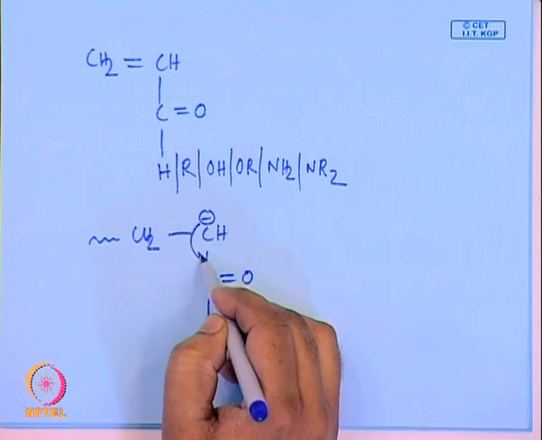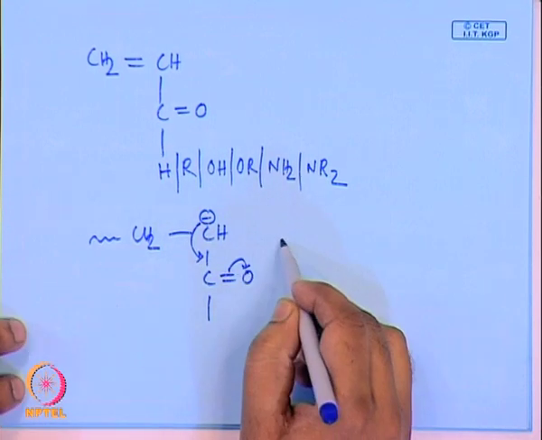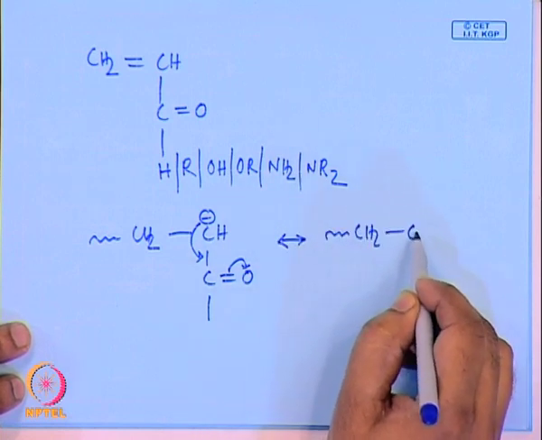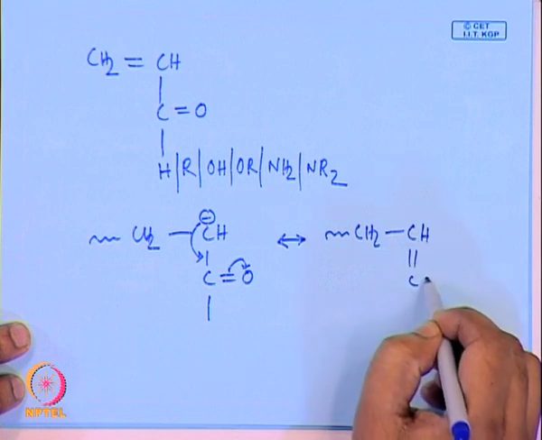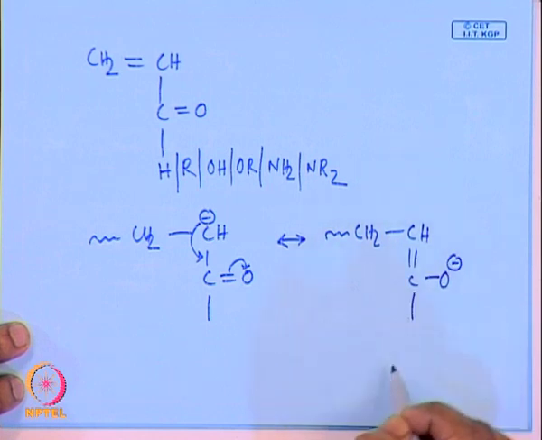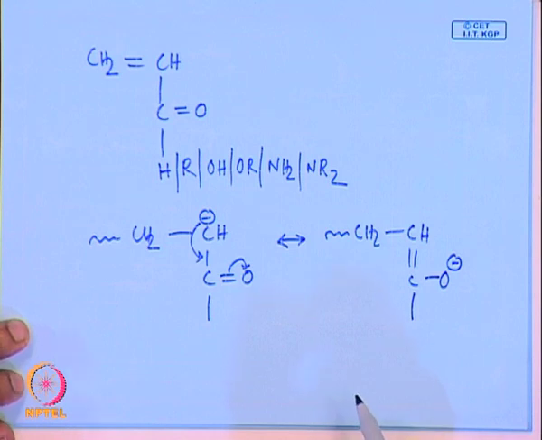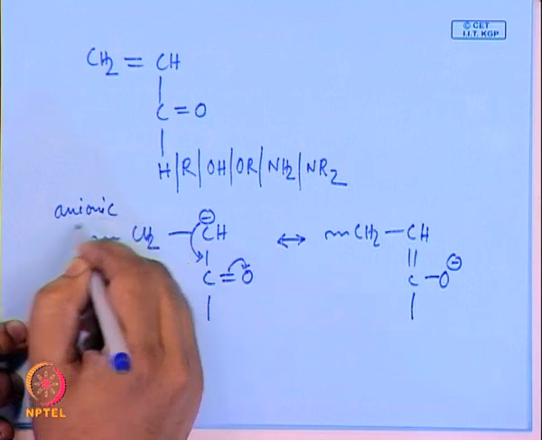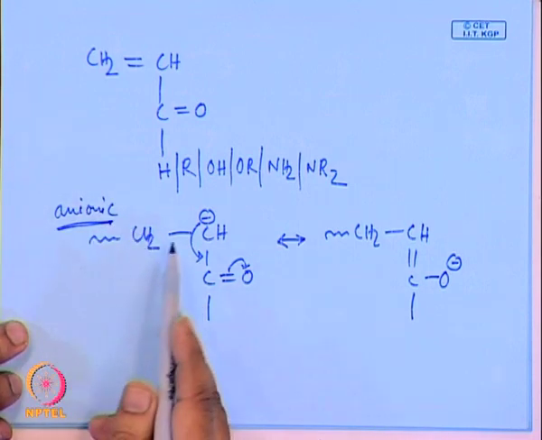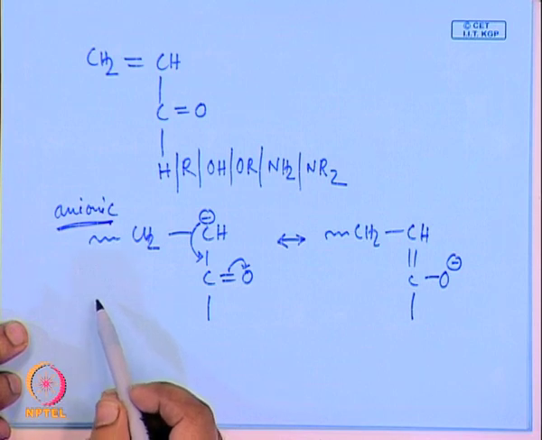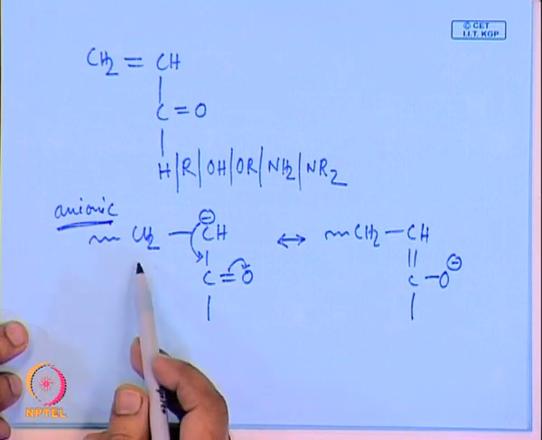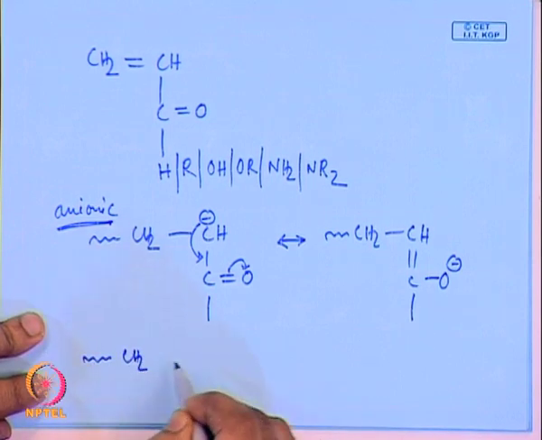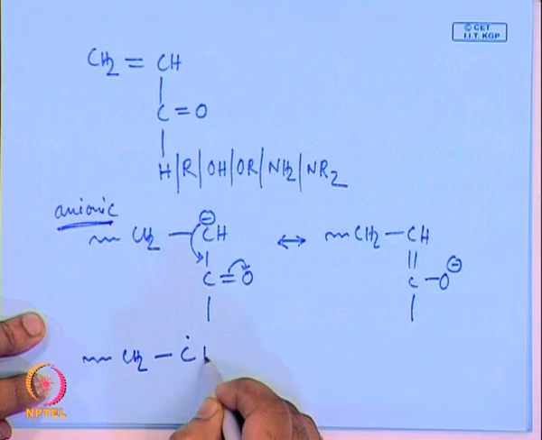Now, in this case also this can get stabilized by resonance, and this will form this. So, this is also another set of monomers which can be easily polymerized by an anionic initiator. Similarly, this can also be polymerized by radical